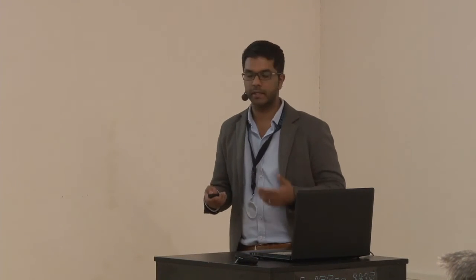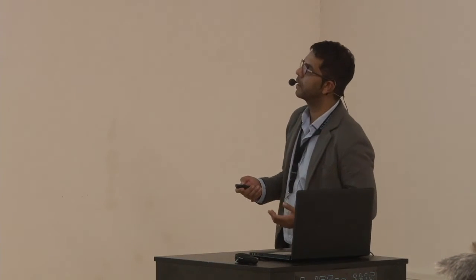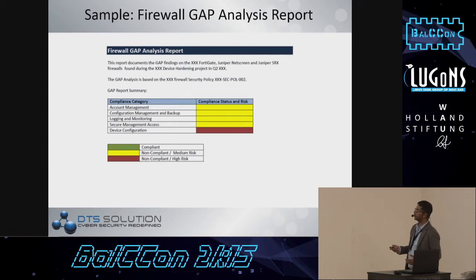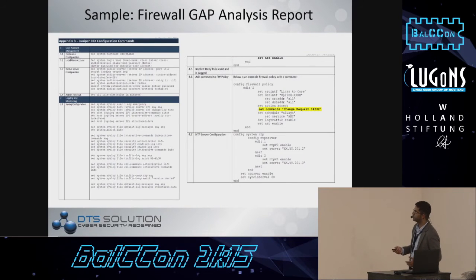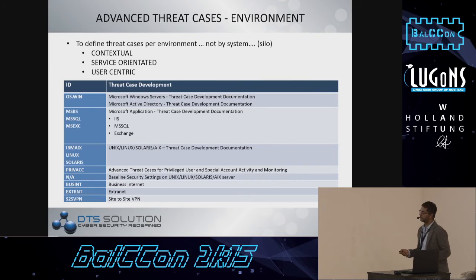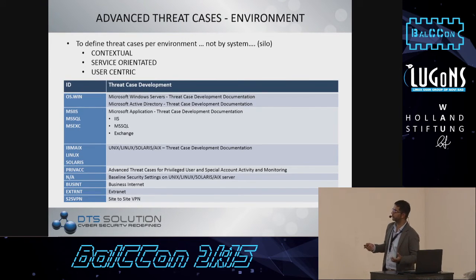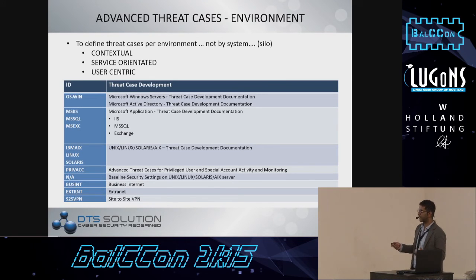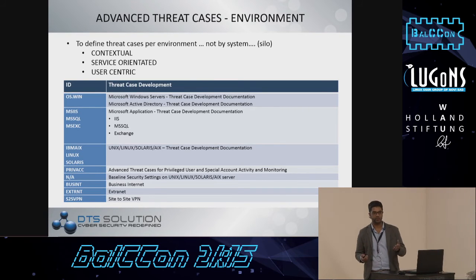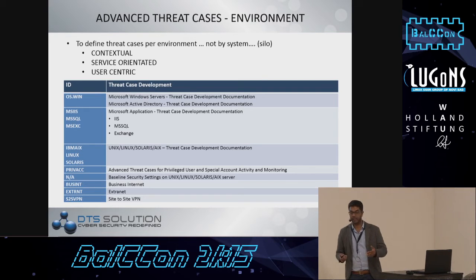These are some of the use cases that you can easily carry out. But carrying out, for example, firewall gap analysis, right? These are important tasks to do from a hardening perspective. And when you're building threat cases, you can contextualize it based on a service and a user-centric. So when you're building threat cases, you can base it around the operating system, the application itself, the Unix systems, privileged access monitoring. I mean, how often do we find that networks and applications are breached because the IT administrator himself